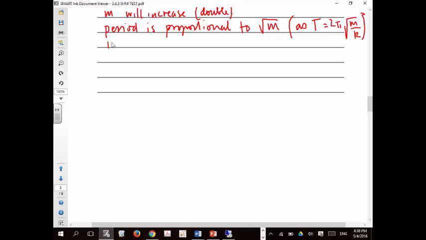So if m doubles, period will increase by a factor of square root 2,